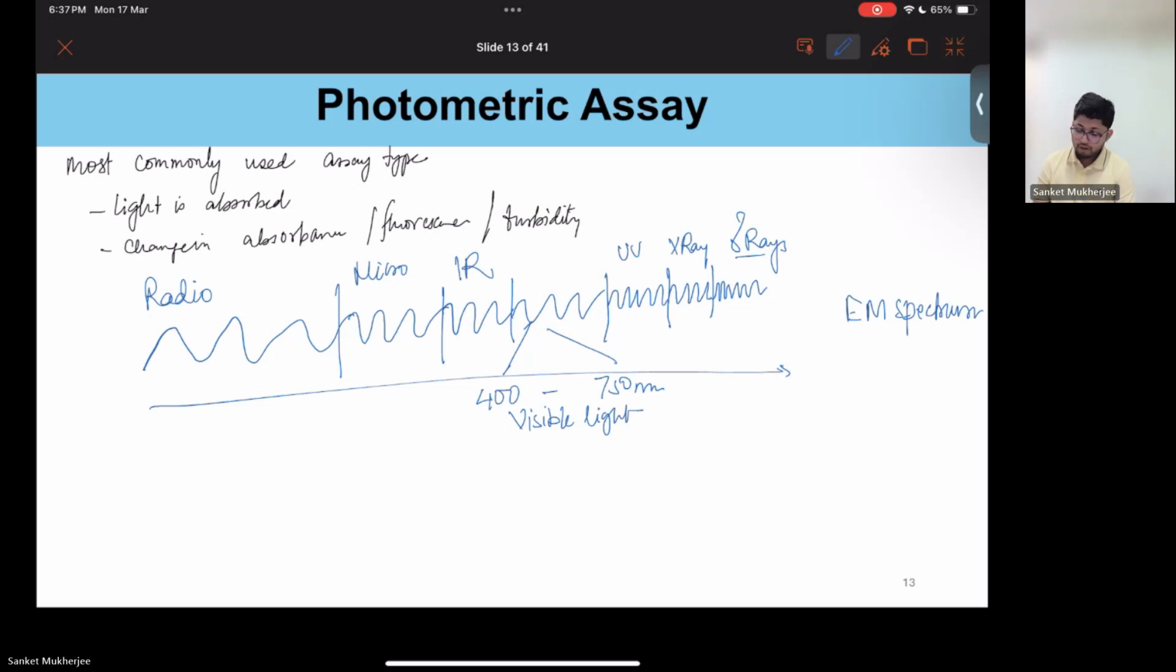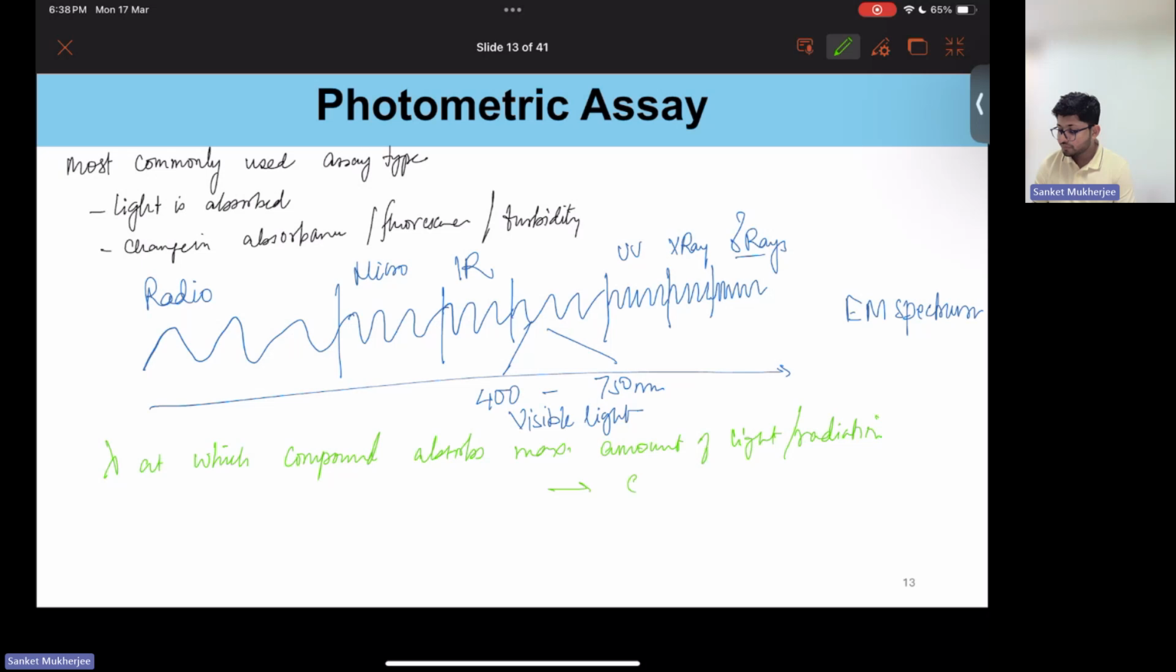So the wavelength at which a compound absorbs the maximum amount of light, or it could be radiation, is based on the chemical properties of the compound. So there could be n to pi transition, pi to pi transitions, things like this, which contribute to this property. Absorbance is calculated